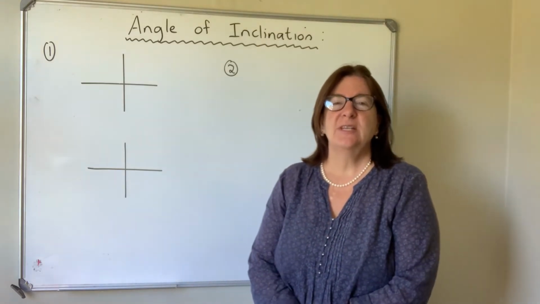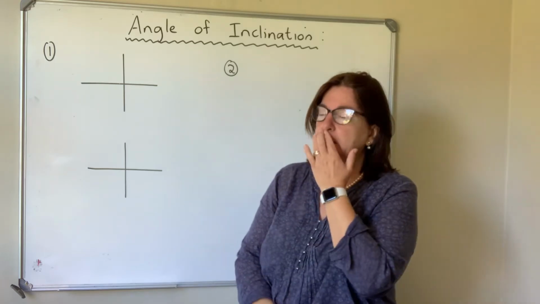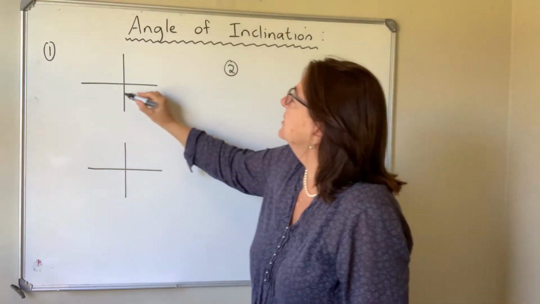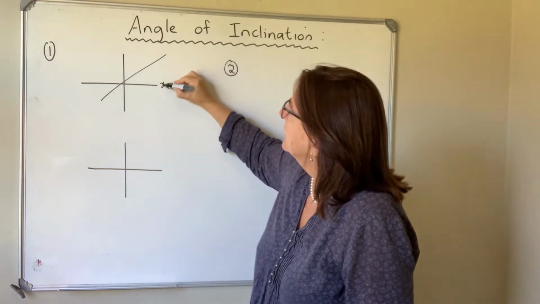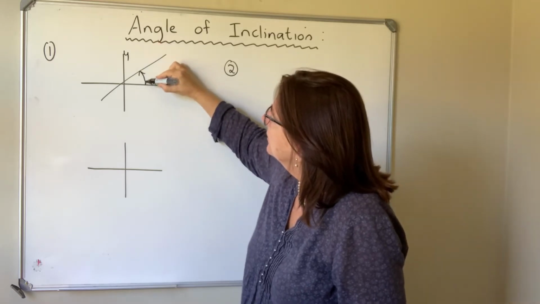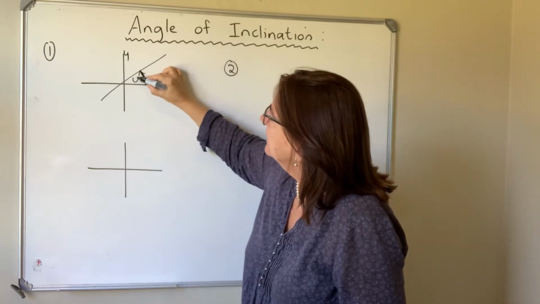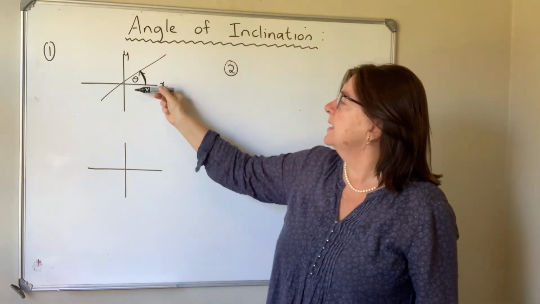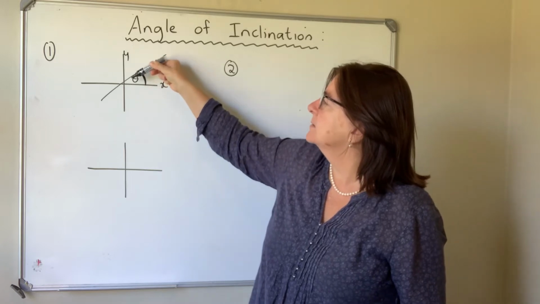What we're going to be doing today is the angle of inclination. Now, what is the angle of inclination? The angle of inclination is always an angle which is measured from the x-axis going anti-clockwise until it hits the straight line. So your angle of inclination is an angle from the x-axis or the horizontal axis going anti-clockwise until it hits